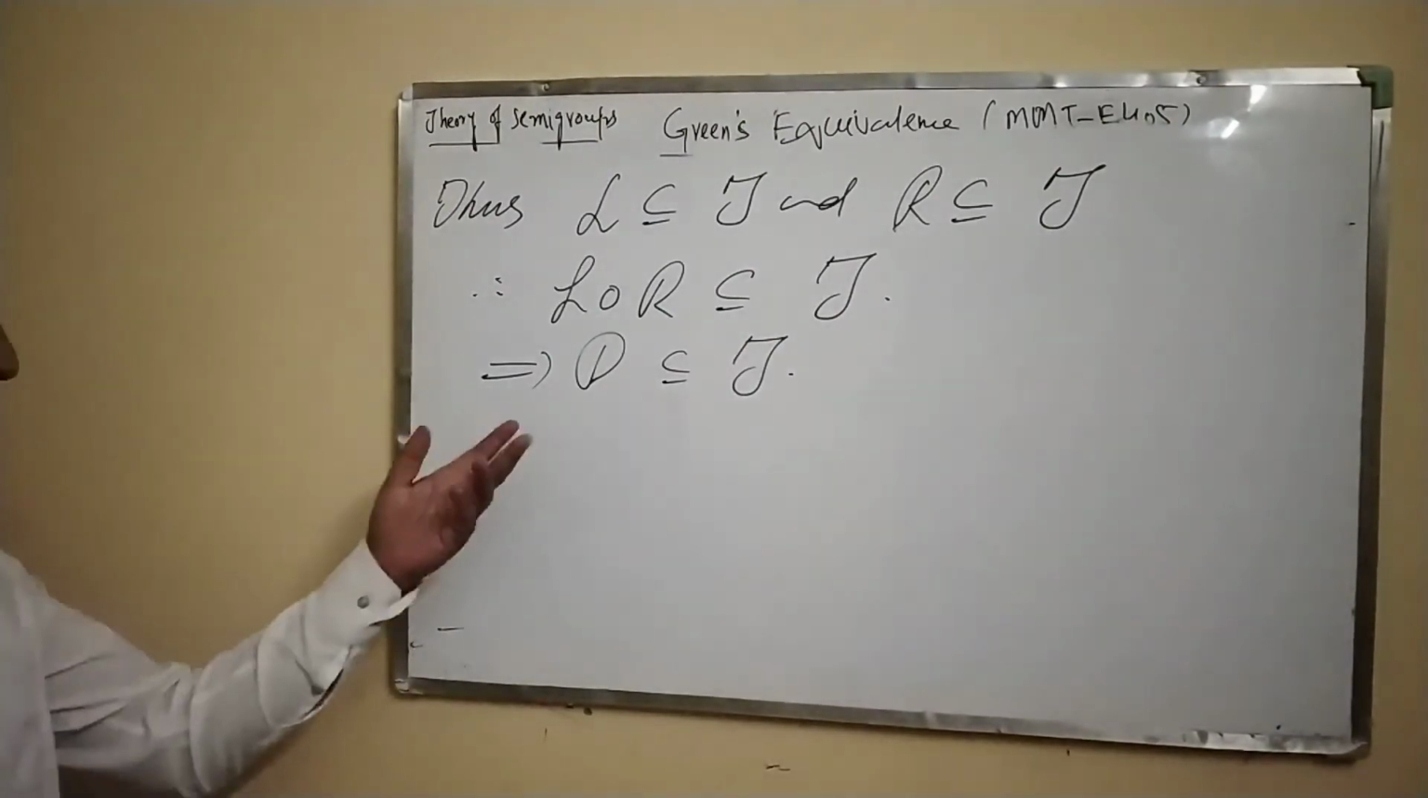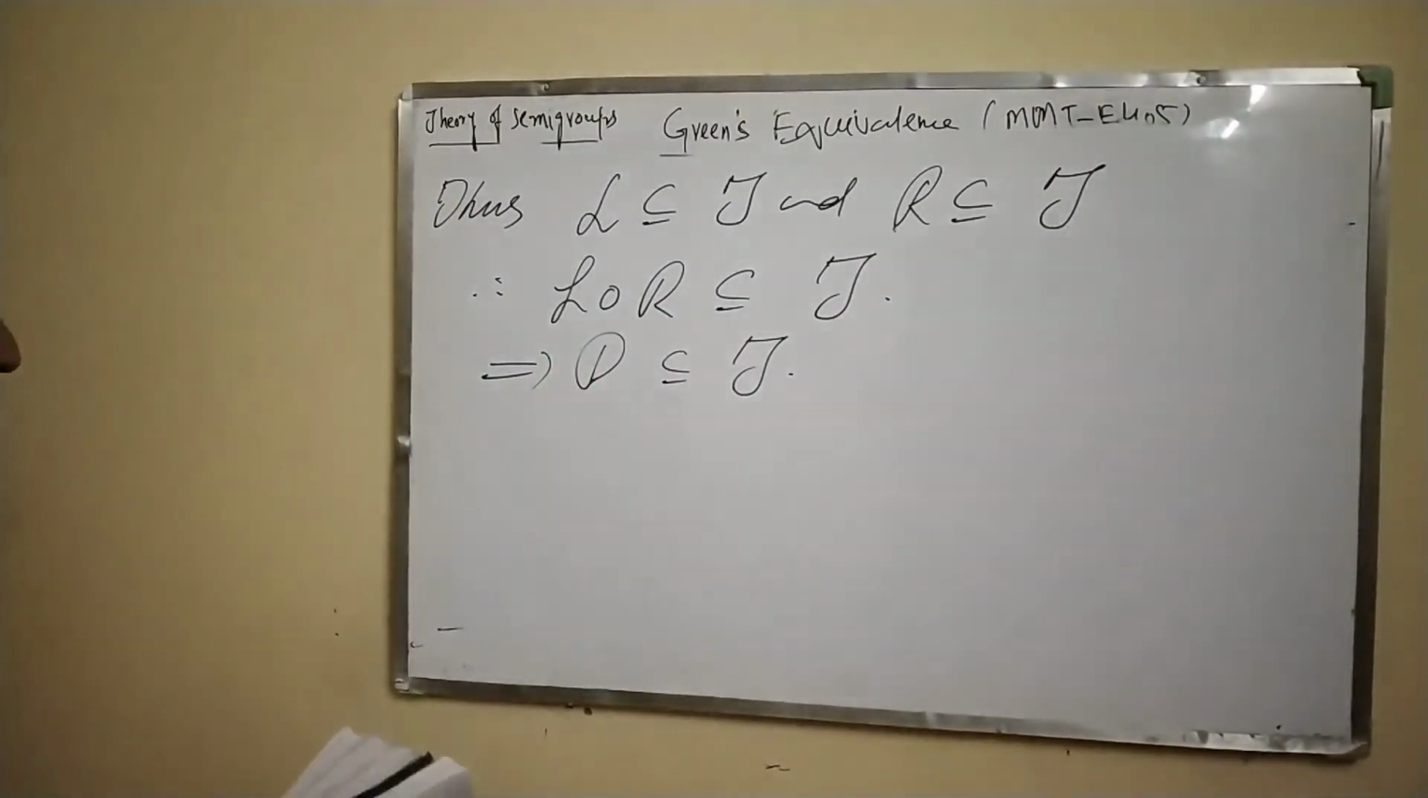So there are some examples where you can see the strict inclusion holds, but